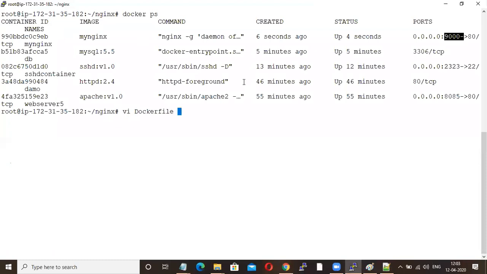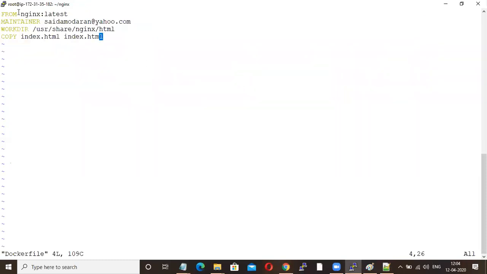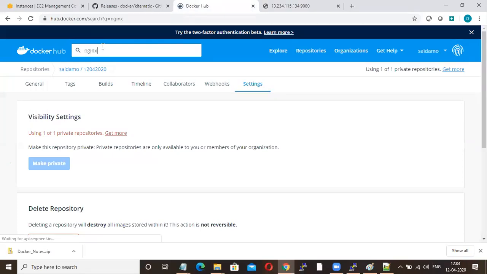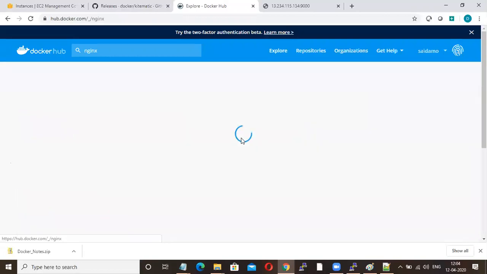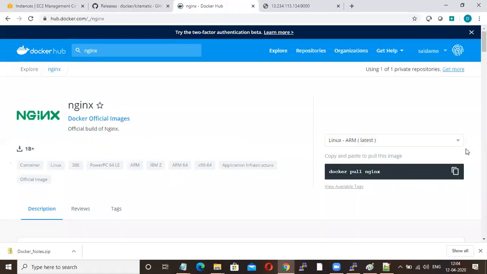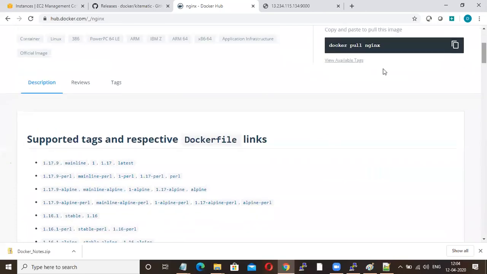What is the source? This nginx will be pulled from Docker Hub. So I'm asking it to pull the latest version. These are all the versions in Nginx.